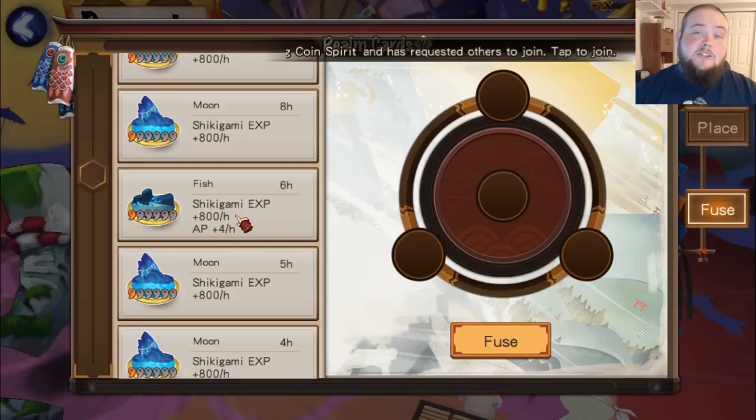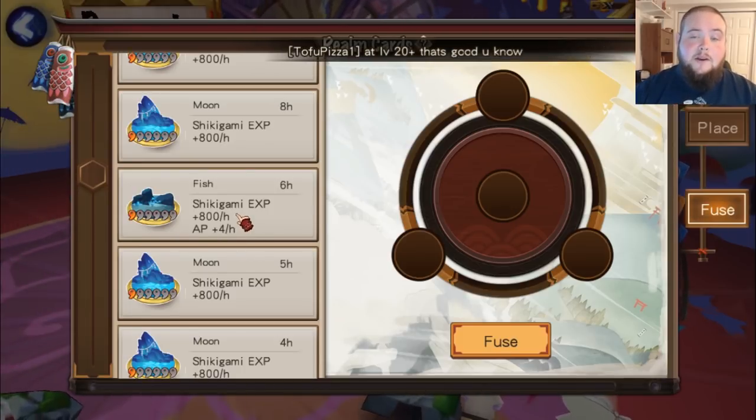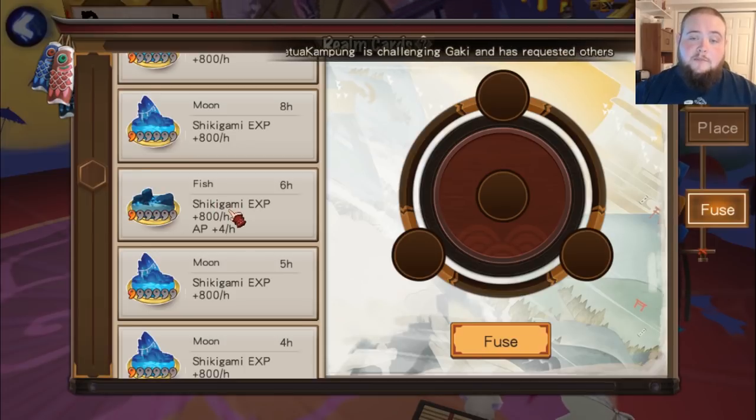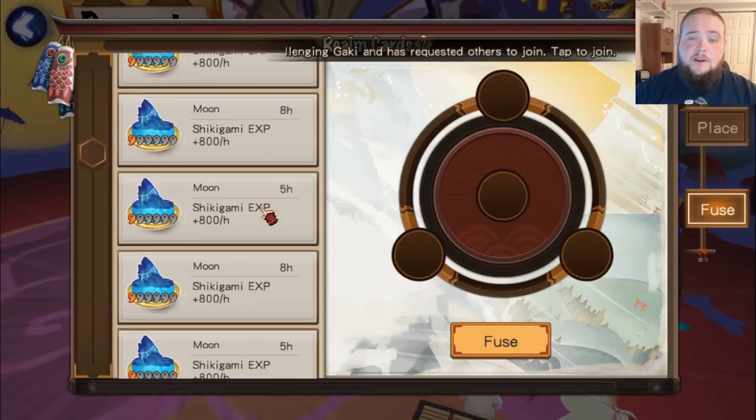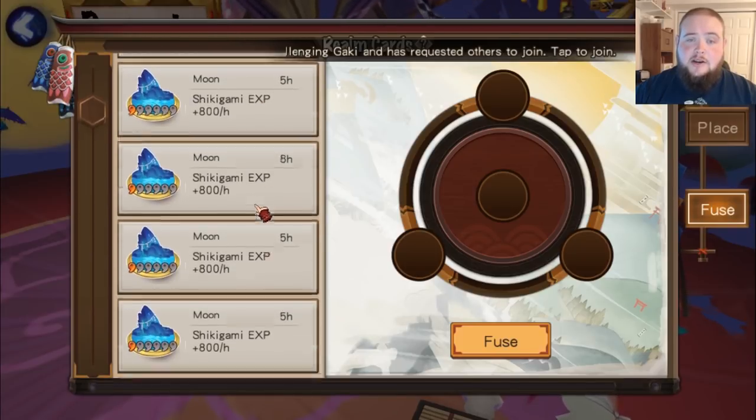However, when I mentioned the 2 to 300 AP at the very beginning, that was actually if you fuse up to get a fish card at 5 to 6. And so these can be very valuable if you can get them to around G5 to G6. And then there is, I just saw it here a little bit ago,